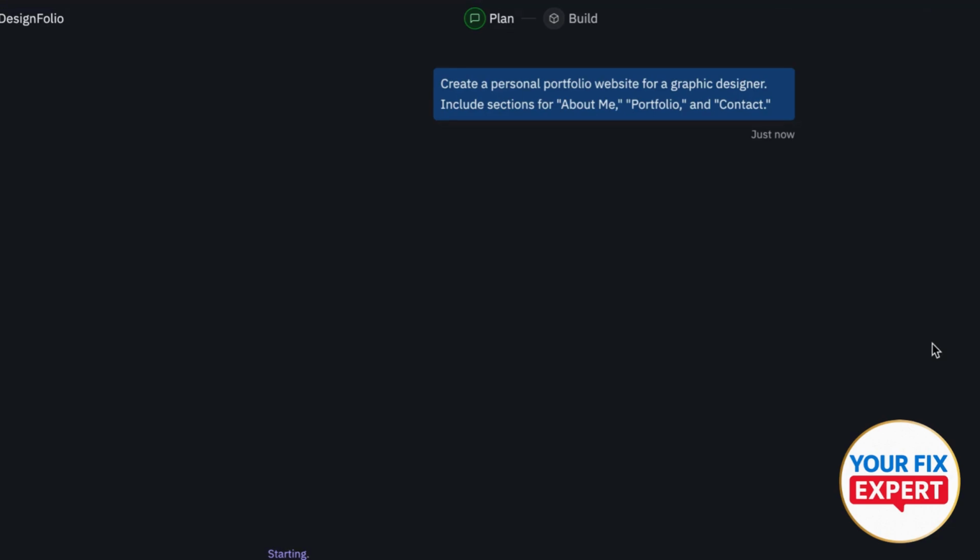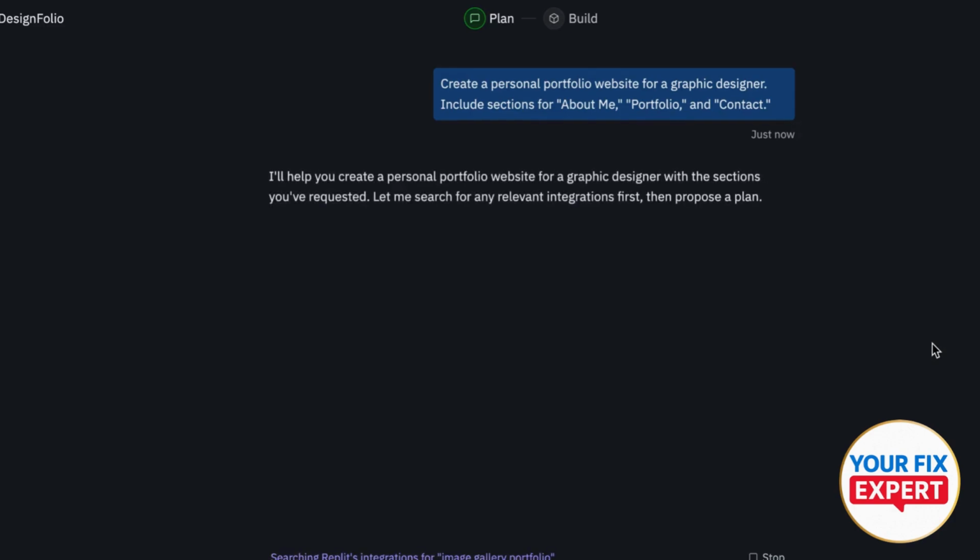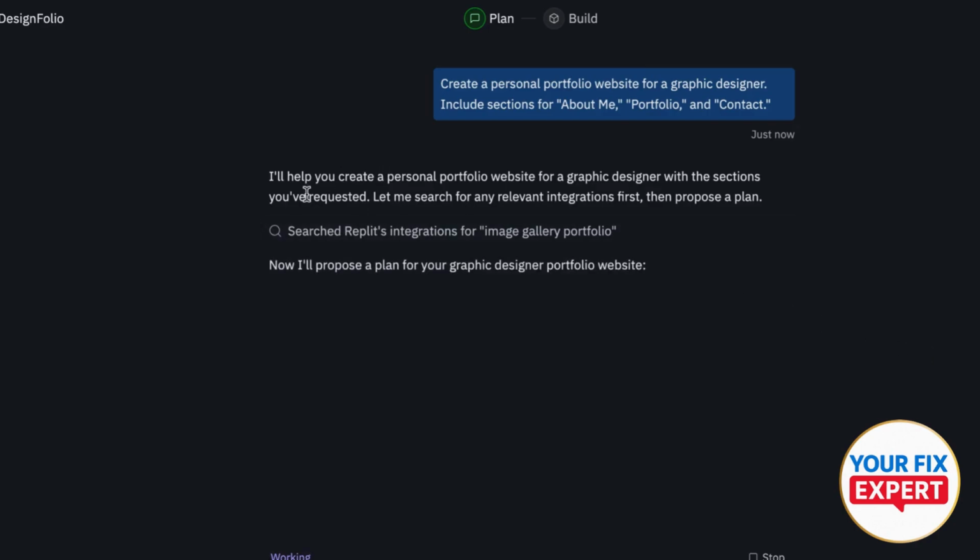Now you're gonna see a plan to make your own website. So I'm not gonna dive really deep into it, but you can follow along the prompt to create your personal portfolio, right? So now they'll propose a plan for your graphic designer portfolio website, and you're gonna implement that to create